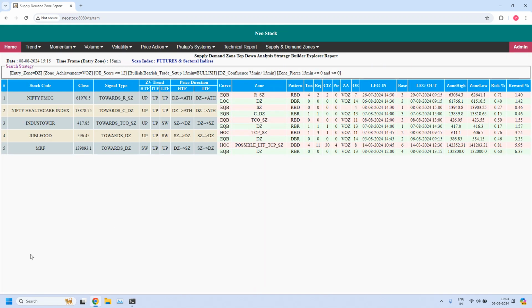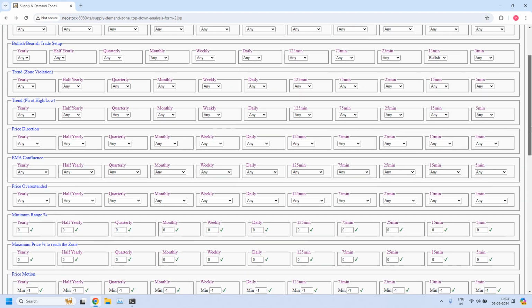5 stocks are filtered. Excellent. Now out of these 5 demand zones, how many demand zones are again having confluence with the HTF time frame? That is the LTF, ITF, HTF confluence. Let us check. Out of these 5,